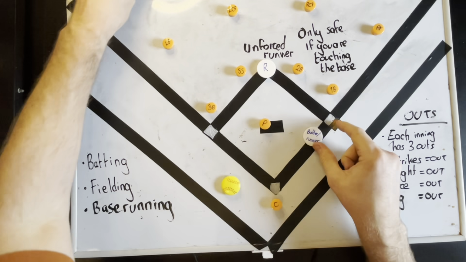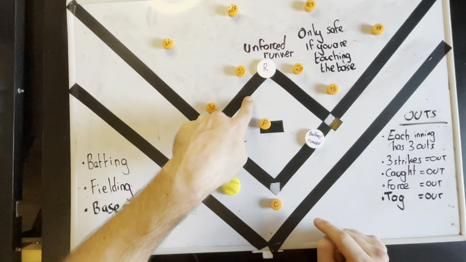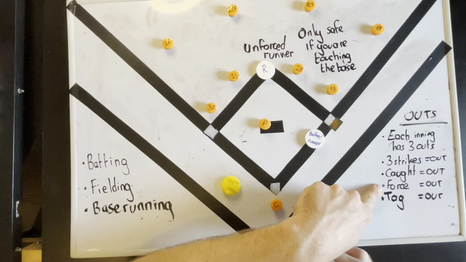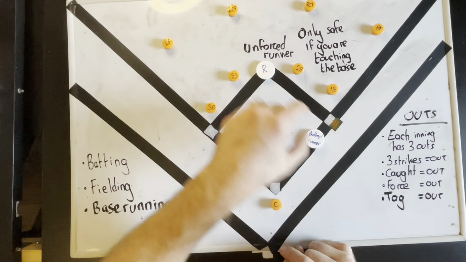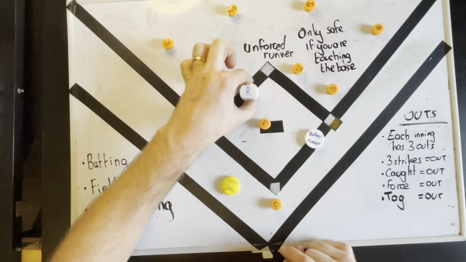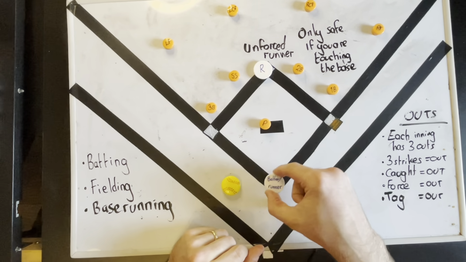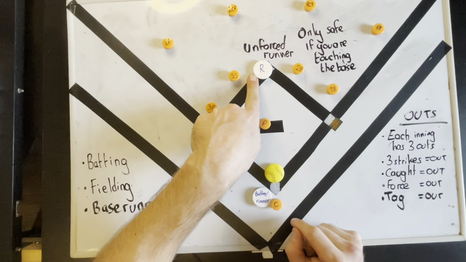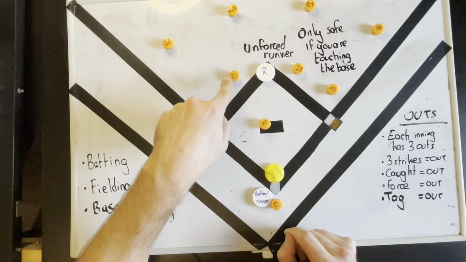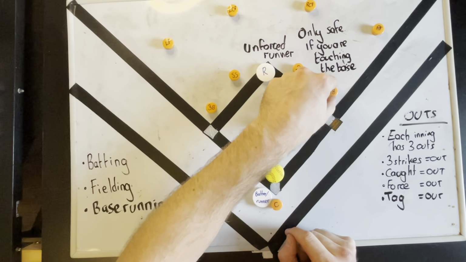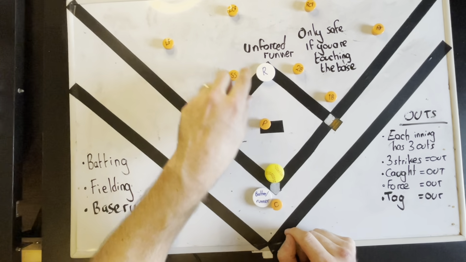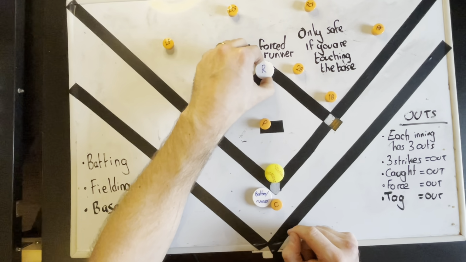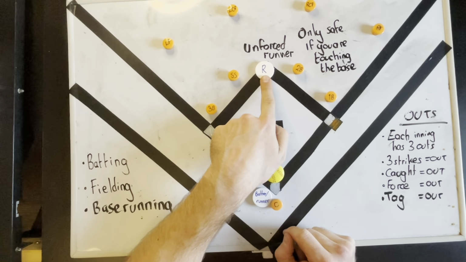There is nobody behind them forcing them to run on. So this runner here cannot be forced out. This runner cannot be forced out by running to third. So what does that mean? It means as a fielding side, we have to know, and hopefully the shortstop or the second baseman, whoever's taking charge of the infield, and hopefully you as well, knowing the rules of the game,